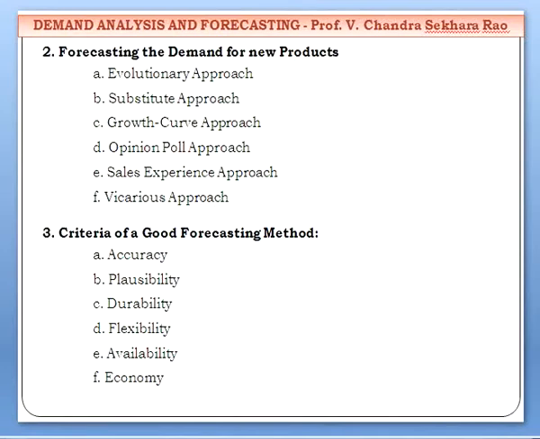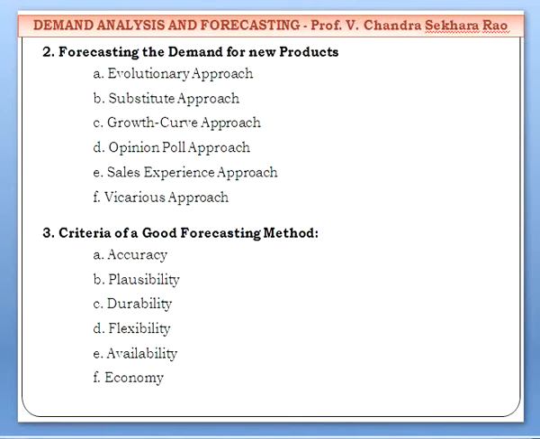Now, what is the criteria for a good forecasting technique? In order to say that a good forecasting technique is acceptable, there are 6 important criteria. The first one is it should give accurate results. We know that 100% accuracy is not possible, but to the extent possible, the results must be accurate. Second criteria is plausibility. The method should be understandable to the person who is going to use it. It should not be too complicated.